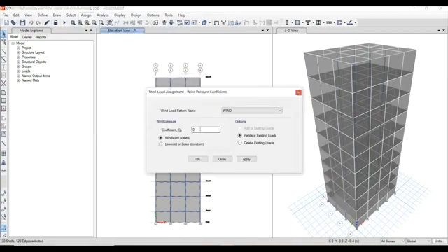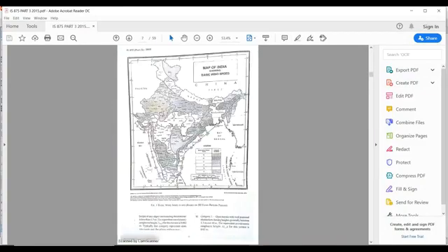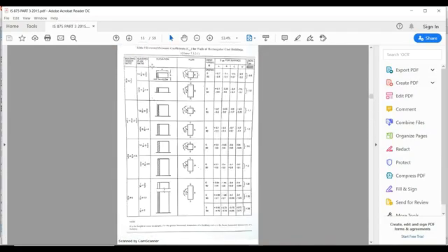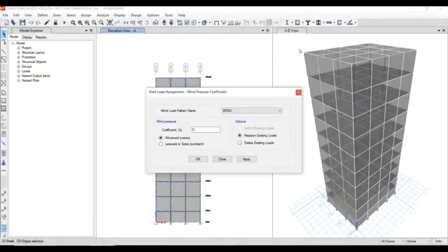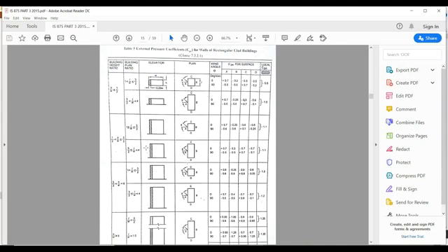wind pressure coefficient. So this wind pressure coefficient we will be having from IS 875 part 3. So in IS 875 part 3, from table 5, we have height divided by width ratio. Based upon the height divided by the width ratio, we will be having some coefficient. As we have a height of 43 meters and a width of 3 spans of 4 meters, means 12 meters. So 12 meters width and 43 meters height. So approx 3 point something,